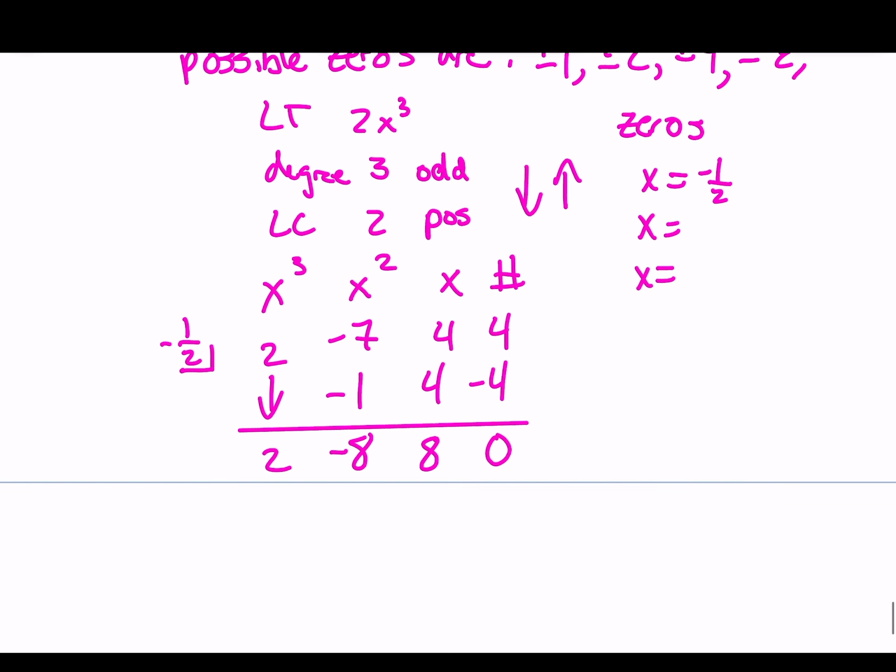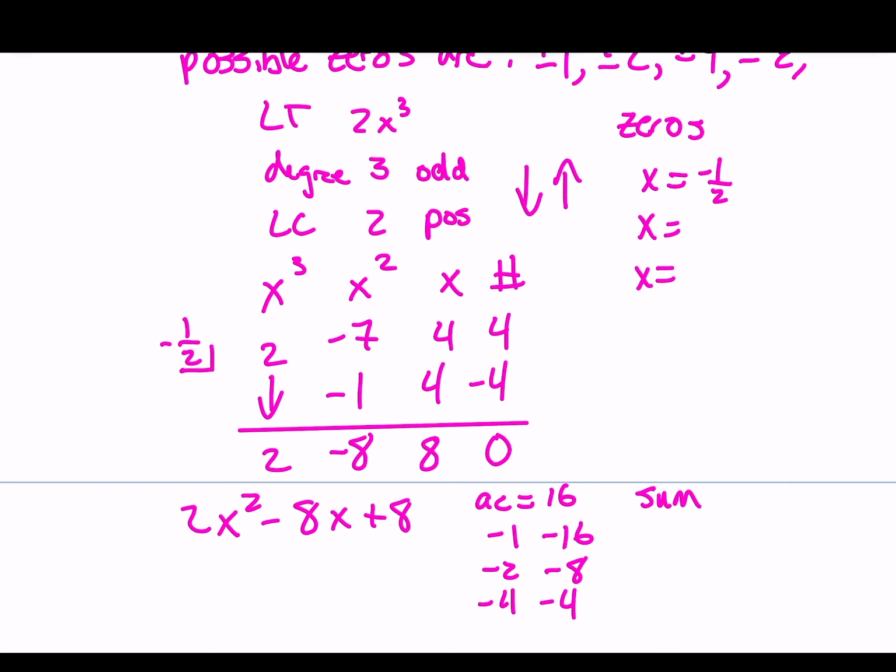Okay, now we have 2x squared minus 8x plus 8 as our remaining quotient. Can we factor that? Well, let's try the AC method. AC is equal to 2 times 8, which is 16. And so we need factors of 16 that give us a -8, so we need both factors to be negative. So -1 and -16, -2 and -8, -4 and -4. Our sums would be -17, -10, and -8. So we can choose this last pair,